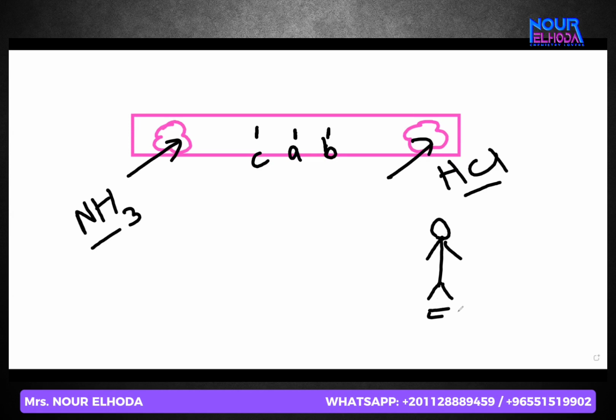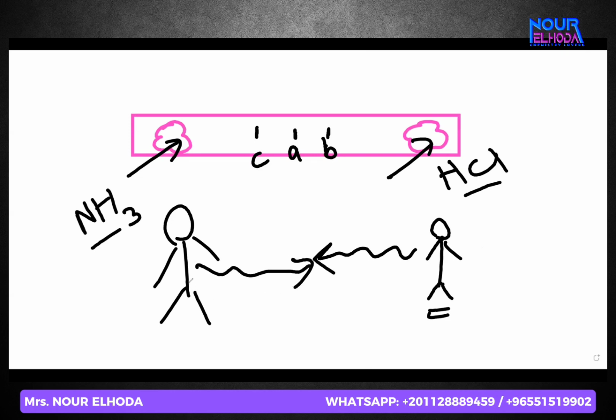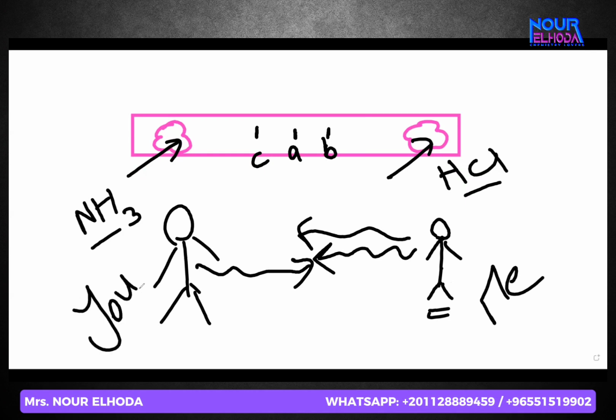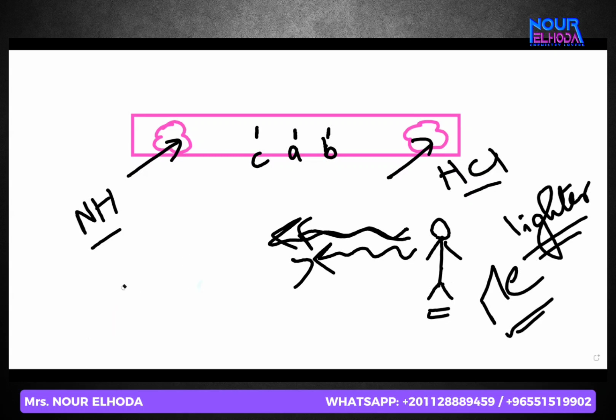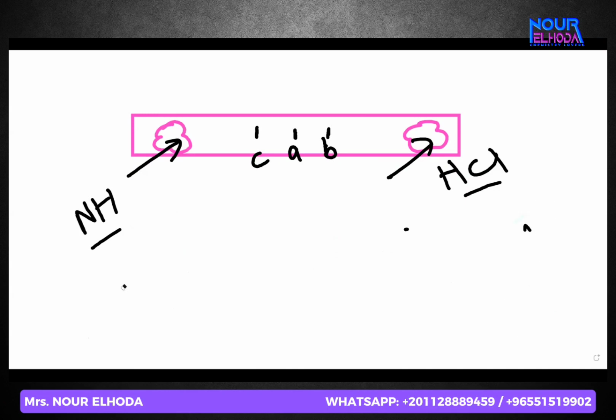It's the same as this: if this is me, as you see, I'm light. Well, this is any of you, as you see, they are very big, they are heavy, and I'm going to run. Here also, this student, but the student is going to run on this side. Which one is going to be lighter and run faster? Me or you? You. No, teacher, you. For sure me. Why? Because I'm lighter. Am I right? Since I'm lighter, this means I'm going to move faster. Same like them. For ammonia and for HCl, or for any two substances, you're going to check which one is lighter.